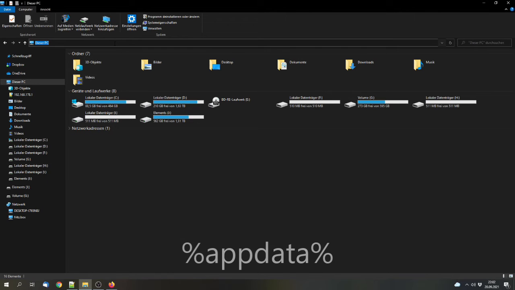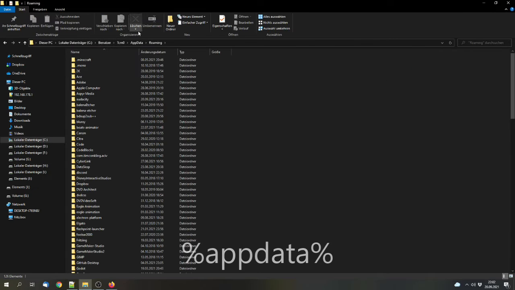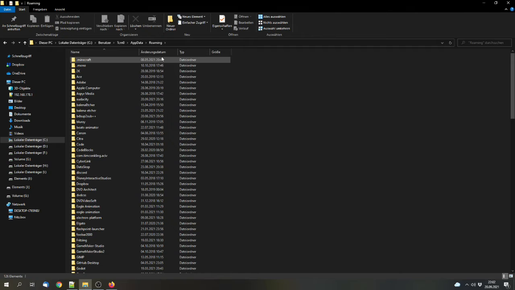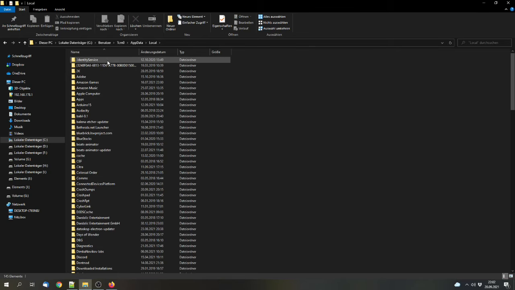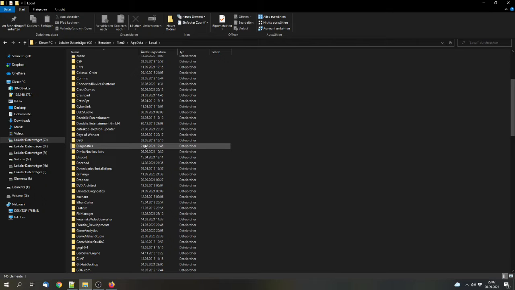First, we have to add %appdata%, because the settings are in a hidden folder and we can access it with this. Then we have to go back to appdata and into the local folder. Here we can go into packages.